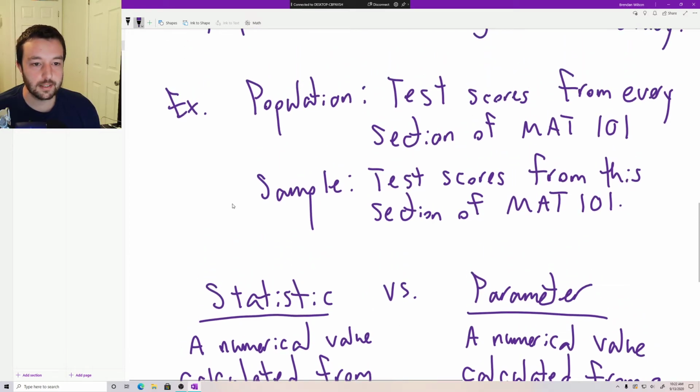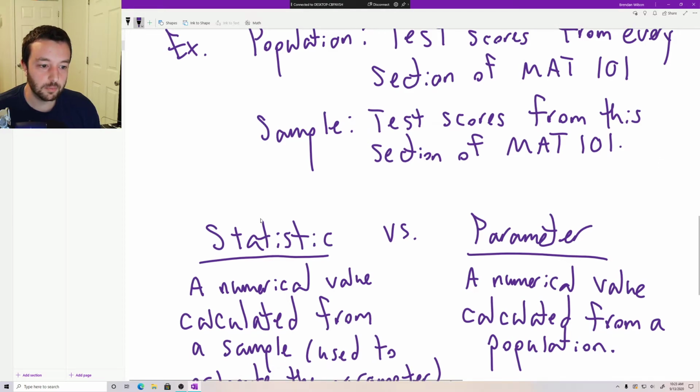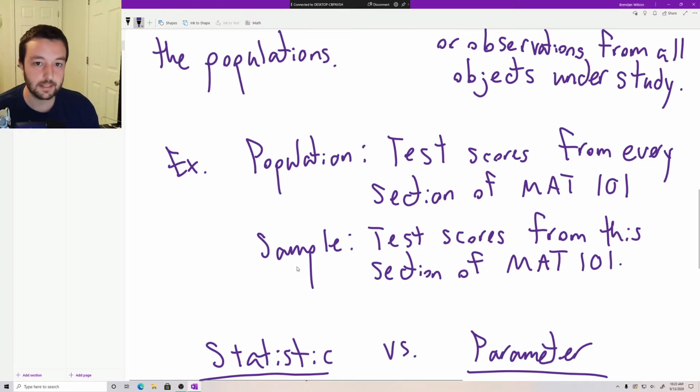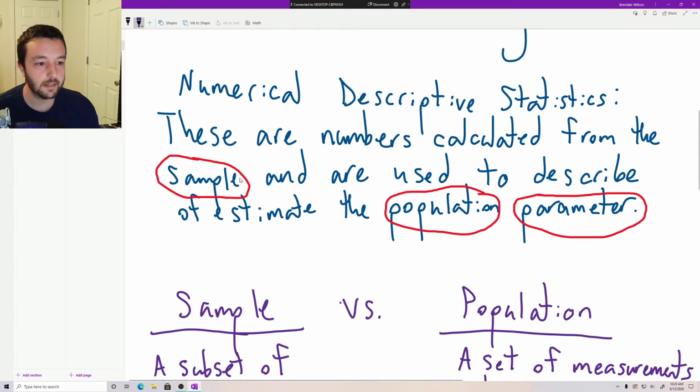So as an example with the test scores, if the average test score from every section of Math 101 was an 80, but the average test score from the sample was an 85, the 85 would be the statistic, the 80 would be the parameter, and then we would use the 85 to estimate what the parameter is. So we'd probably do it incorrectly there, right? But I mean, that's how it goes. So going back here,